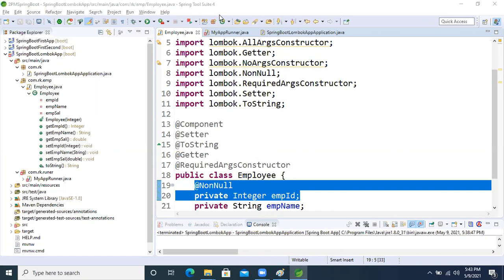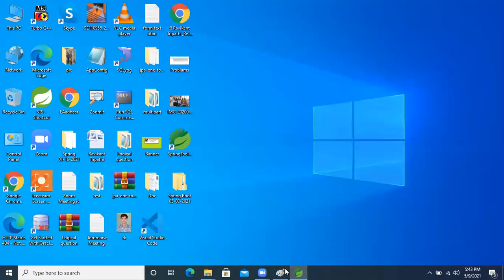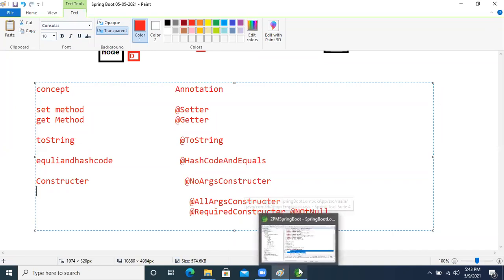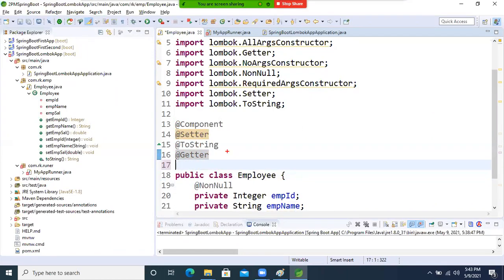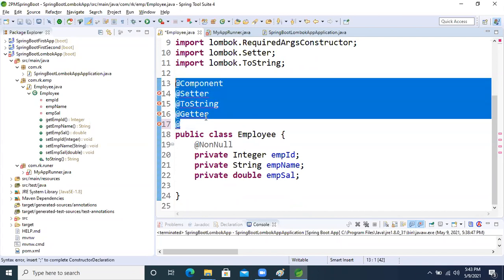One more annotation is left. Actually, two annotations are left. I will give the conclusion: this much annotation also no need to write.